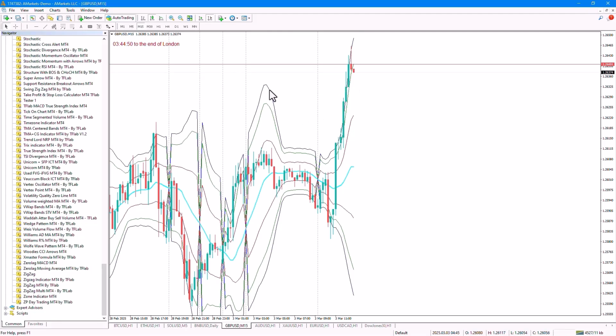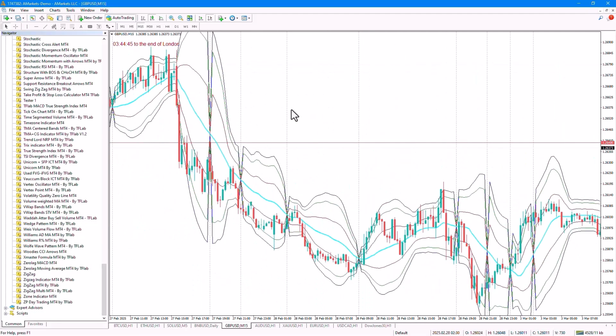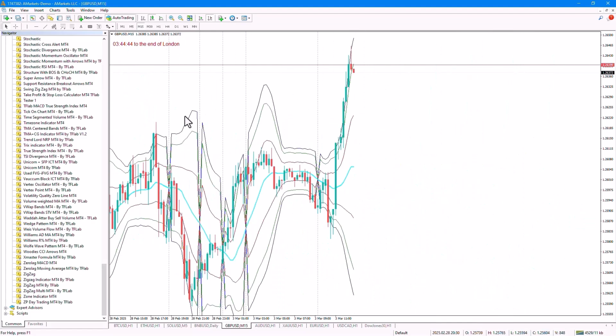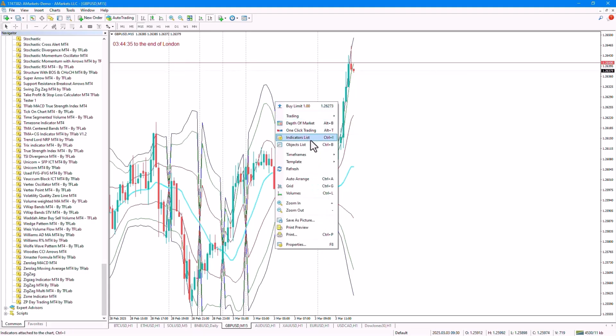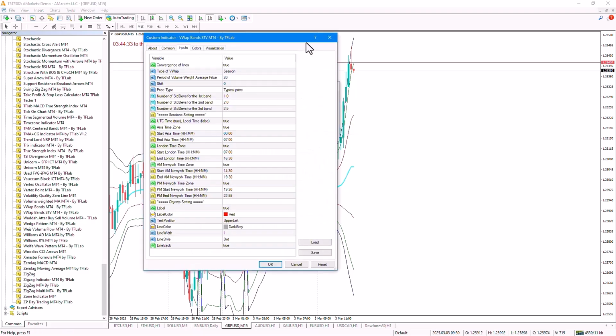You can see the status of each session here represented by vertical lines. We are currently in the London session, and you can see the vertical line for the London session in this area. If you disable the convergence